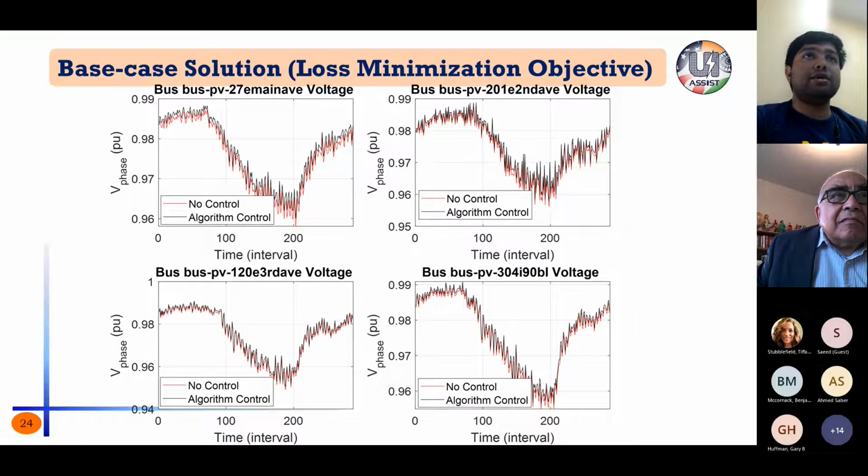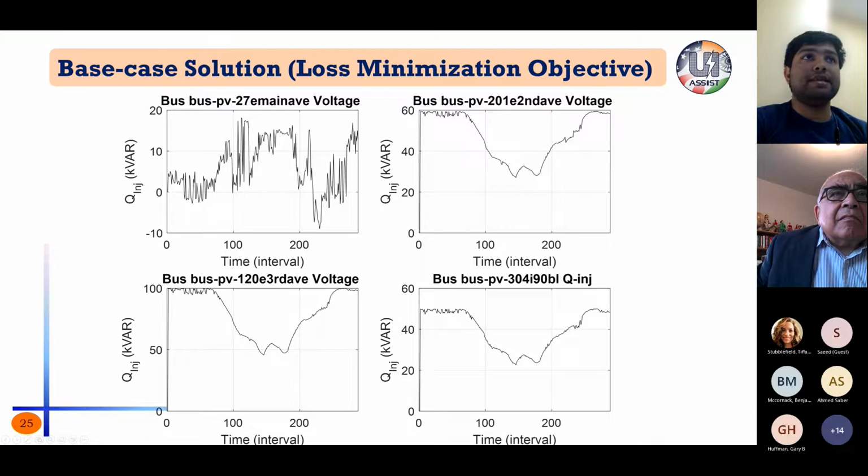Here are a few slides showing how the algorithm performs. This is for the base case scenario, and what we have observed is that in each of the cases the algorithm wants to push the voltage up, in almost all of the cases. If you go to the next slide, as you can see here, it means that reactive power needs to be supplied locally. And if you go to the next slide,